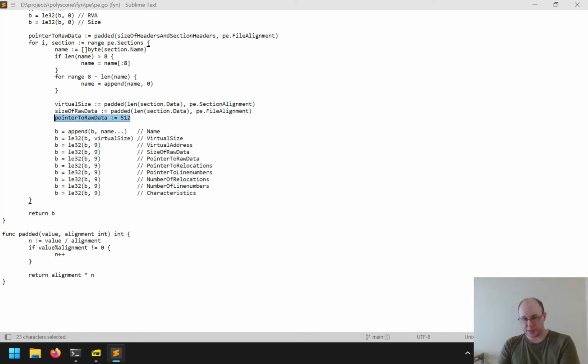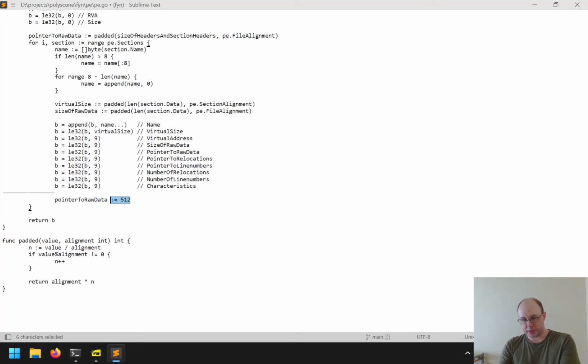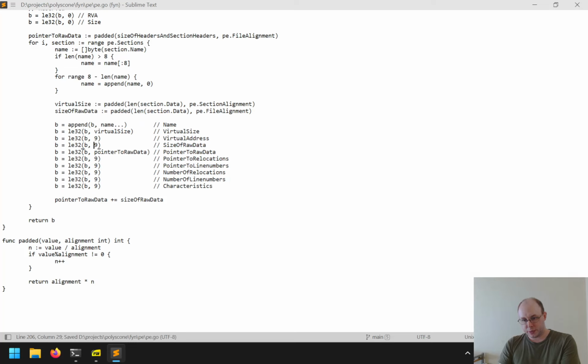Then all we need to do, just after this, is plus equals the size of raw data, because that's already been padded, and that's where the next raw data will start on disk, I think. So we've got a pointer to raw data here, size of raw data here,